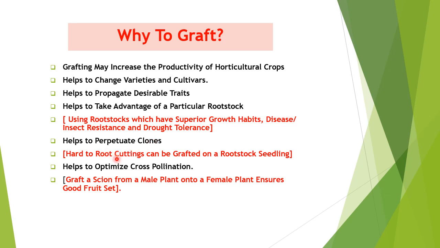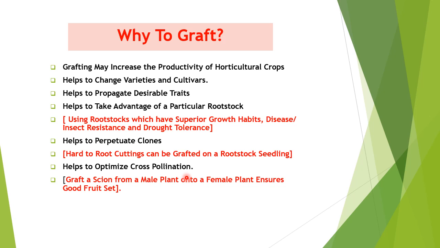certain cuttings are hard to root. They will not root, but if you take those cuttings and put them on a stalk, it will be a successful graft, grafted on a rootstock seedling. So you perpetuate the clones, and it helps to optimize cross pollination. One of the advantages is, if you have a plant which needs a female plant for pollination, you can get a scion from a male plant and graft it on the